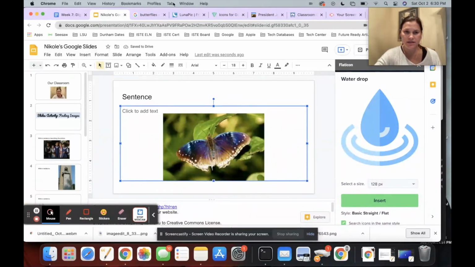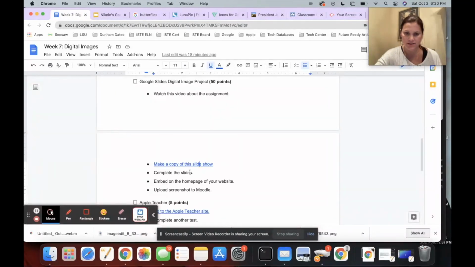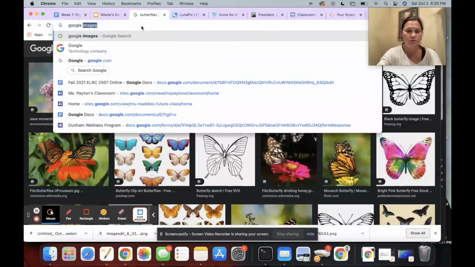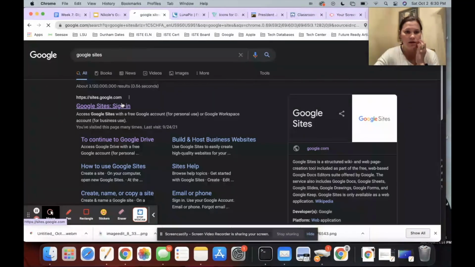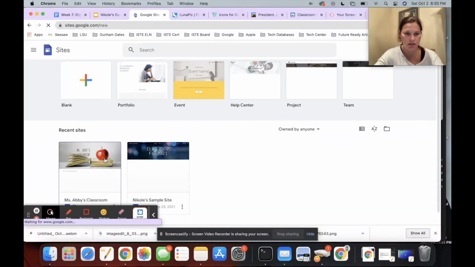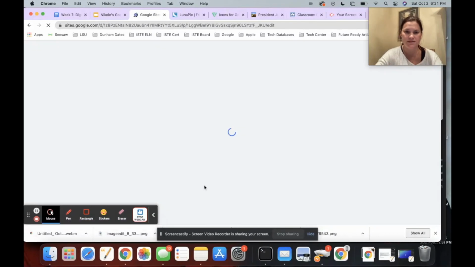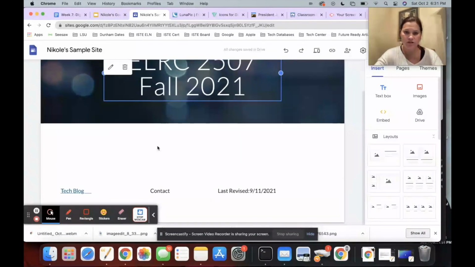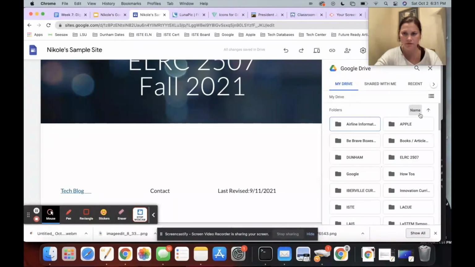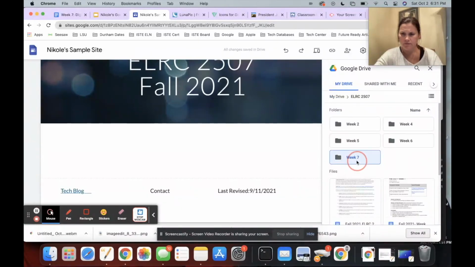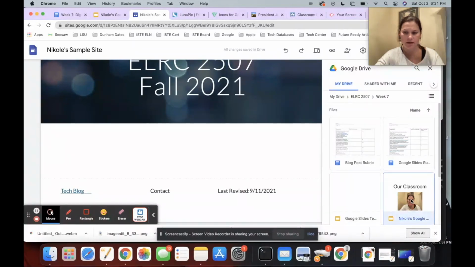So now we have this here. So let me go back to my directions. After you complete the slide, you're going to embed it on the home page of your website. So I'm going to open up a tab and go to Google Sites, and here I go. And let's see, here's my website. And you're actually going to put this right here in the middle. So I am going to go to Drive, and let's see. I'm toggling to find my